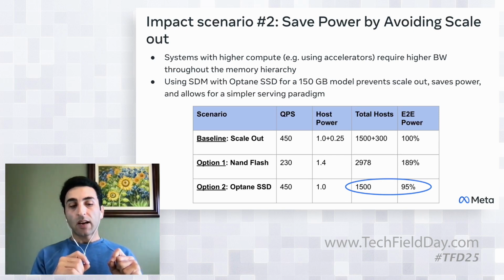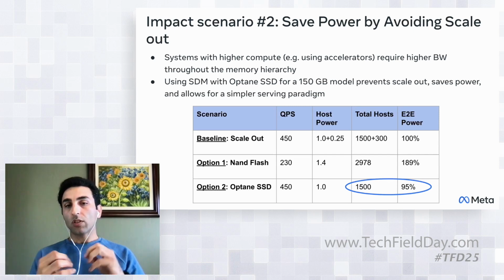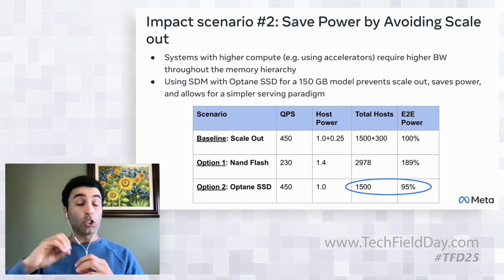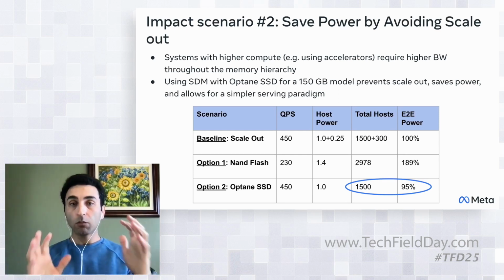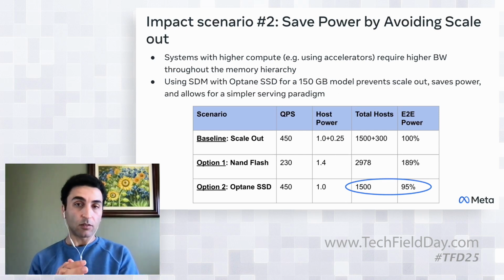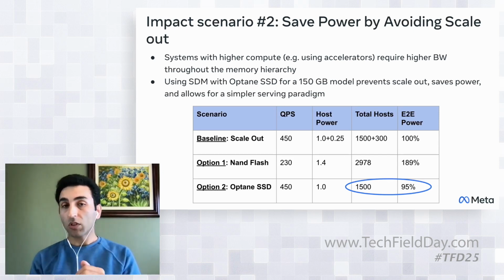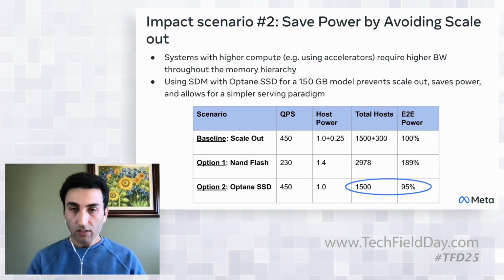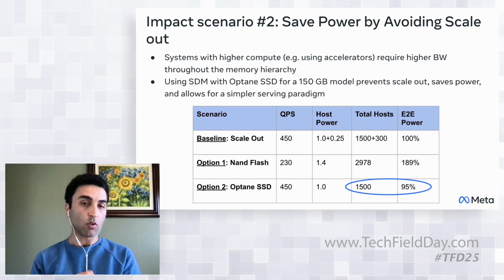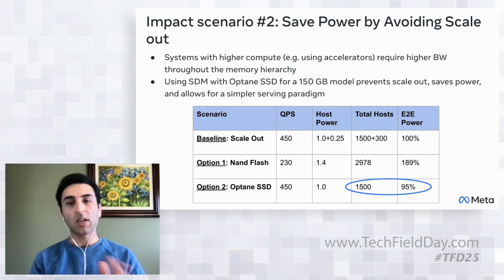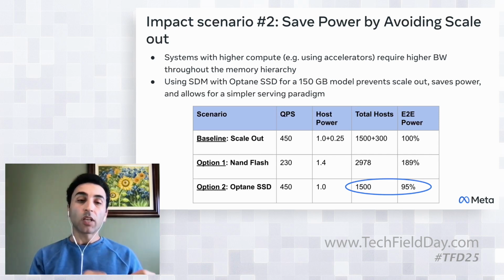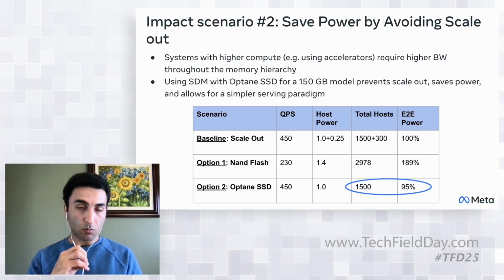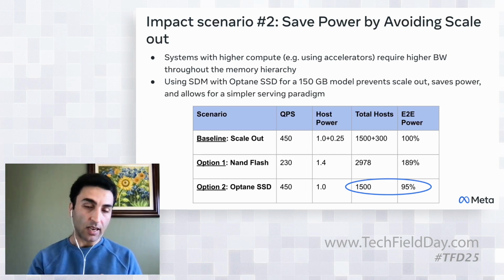The alternative solution that we have tried here is to use NAND flash as the last tier of memory and not scale out, still by loading the model into NAND flash, we could have the model in one host. But in the case of NAND flash, we have to really underutilize the NAND flash to hit the latency requirement. So as a result, the QPS really drops and the power actually gets worse, not a desirable solution. By using Optane SSD, given that it is much faster in terms of I/O per second, and it has better latency profile compared to NAND flash, much closer to a memory,